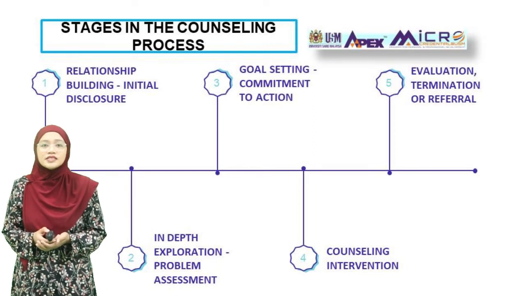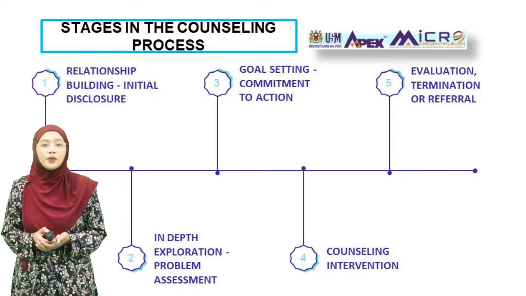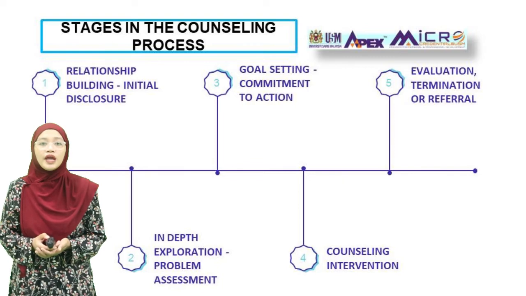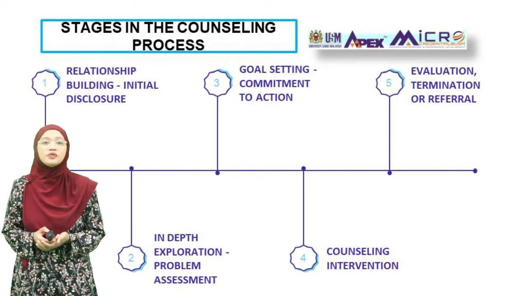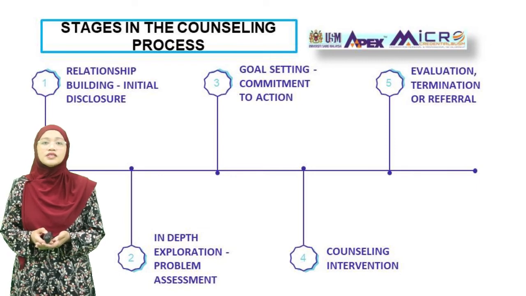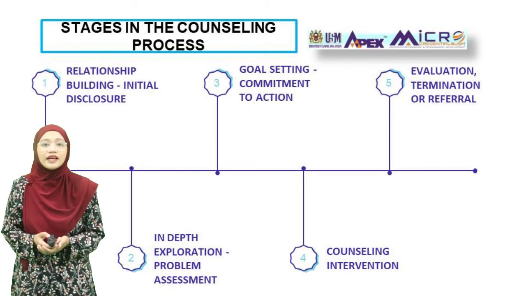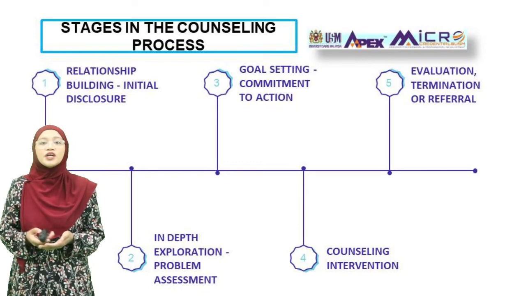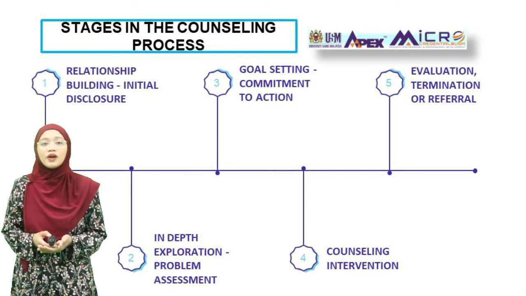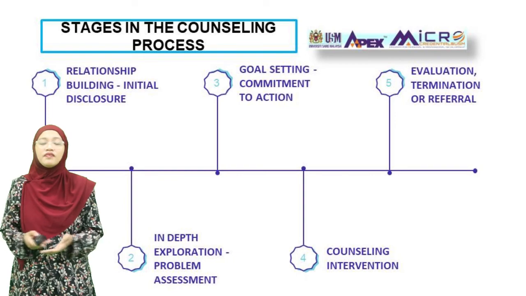In other words, stage 1, the building of relationship, does not stop but is ongoing until stage 5, which involves termination, or perhaps the client is referred for further action. In this stage, the closure is discussed and planned, the appointment interval is lengthened, and available resources and referrals are identified and assessed. Assurance is provided to the client of the option to return to counselling if necessary.